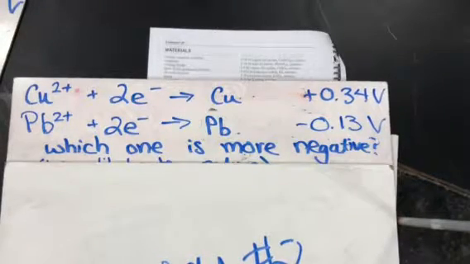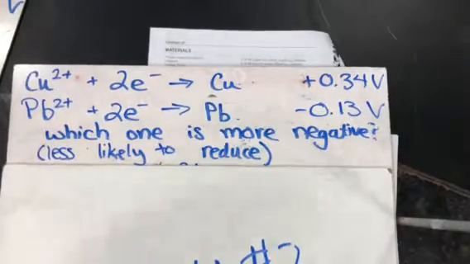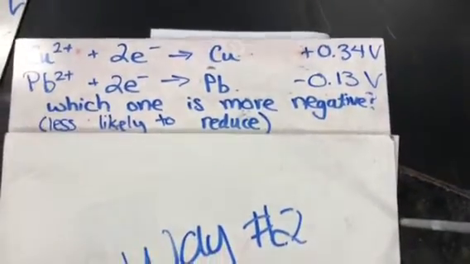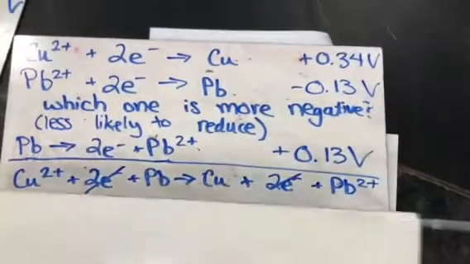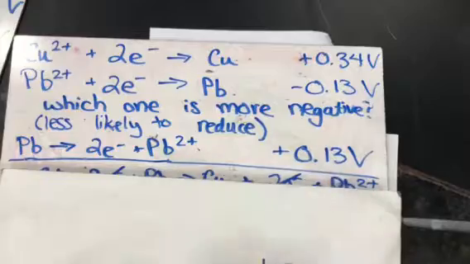So if you say which one is more negative, then that one is going to be less likely to reduce, or you could say which one is positive is more likely to reduce. In that case, you're trying to get the most positive number, because remember we need to get a positive E cell. So this one is going to be more negative, so we would flip that one